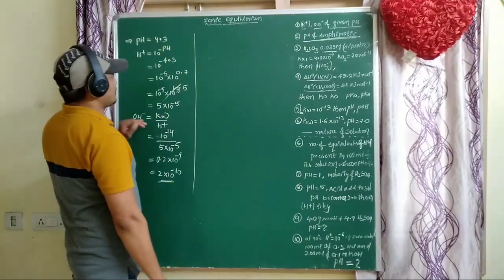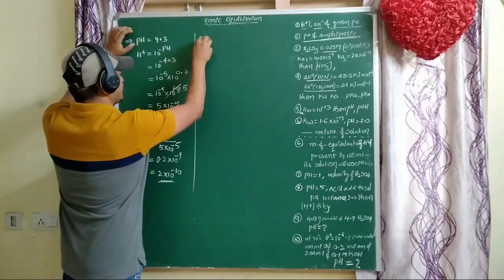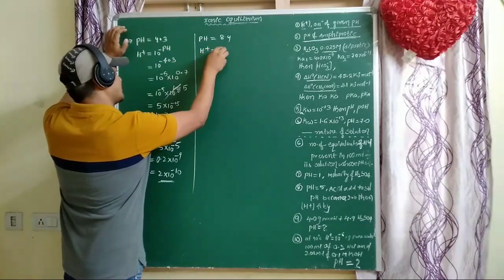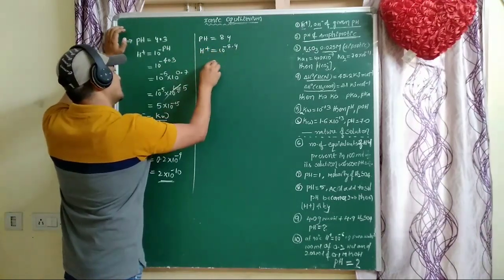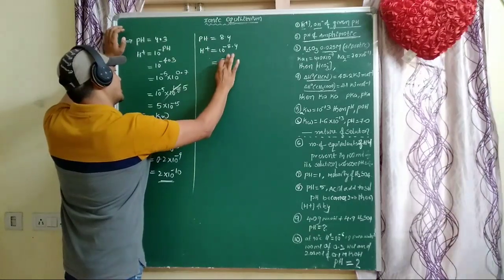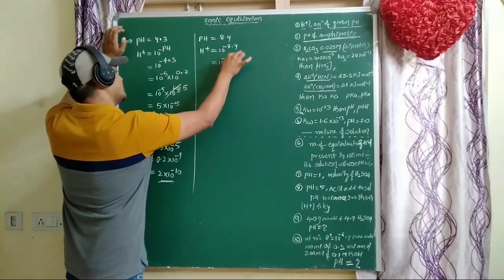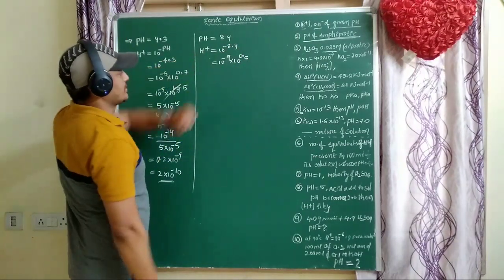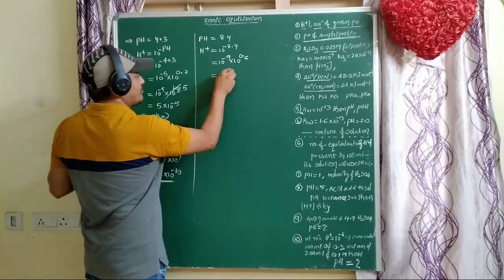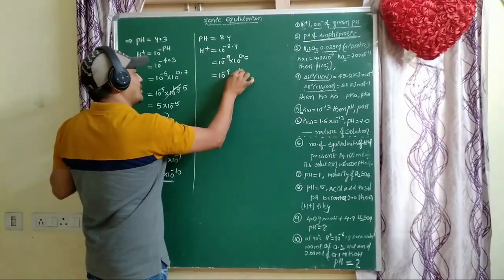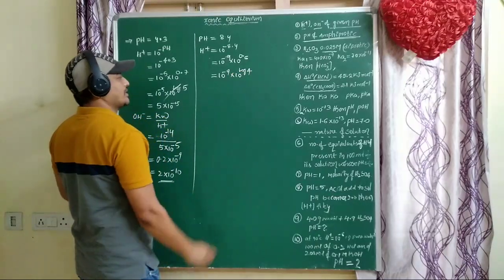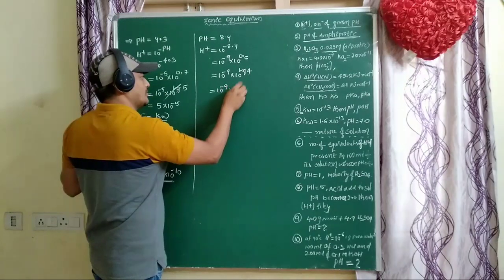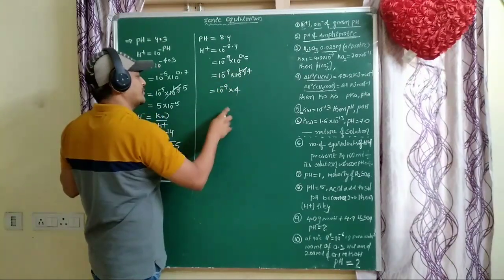So now I will explain one more example. pH equal to 8.4. Calculate the H plus ion. H plus equal to 10 power minus 8.4. So that equal to 10 power minus 9 into 10 power 0.6. Your bases are equal, you have to add these two. So here 10 power minus 9 into 10 power log 4, approximately you have to take the log 4 value. Log and 10 cancel, that equal to 4 into 10 power minus 9.